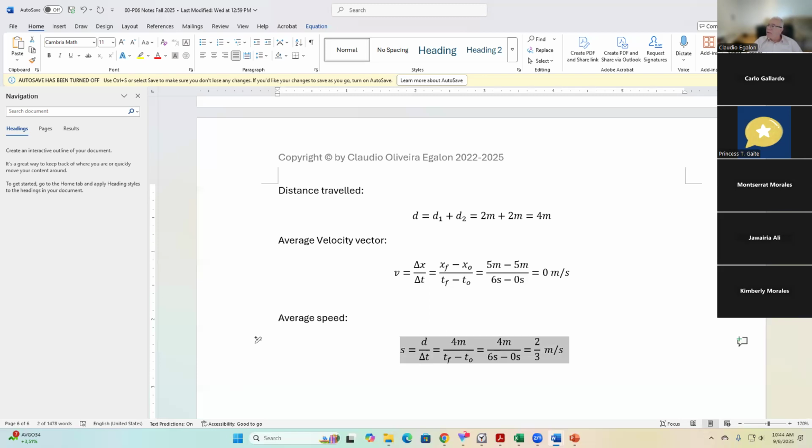Just to emphasize, yes, it will be posted. The notes will be posted. They are always posted. You can also consult the notes from previous years. Okay, Melissa? You can also see the notes from 2024 posted there as well. I always post my notes from the previous semester, from the previous course that I taught. Okay?